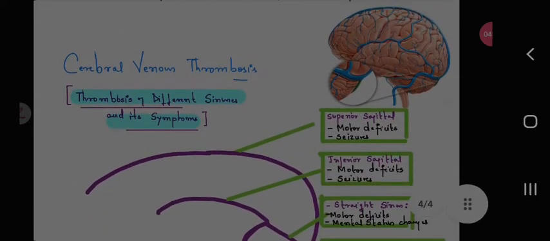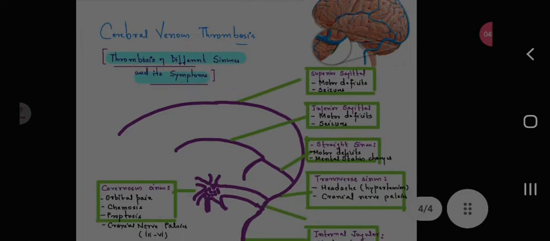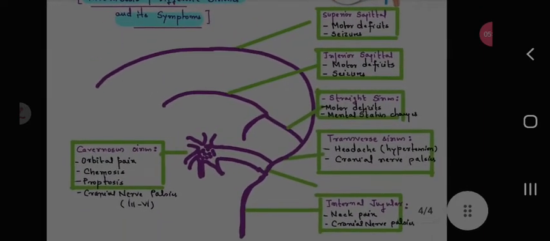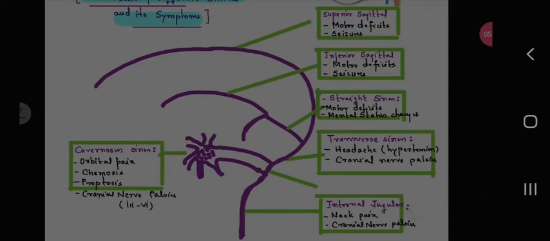Cerebral venous thrombosis (CVT). Thrombosis of different sinuses and its symptoms. Superior sagittal sinus: motor deficit, seizures. Inferior sagittal sinus: motor deficit, seizures. Straight sinus: motor deficits, mental status changes. Transverse sinus: headache,